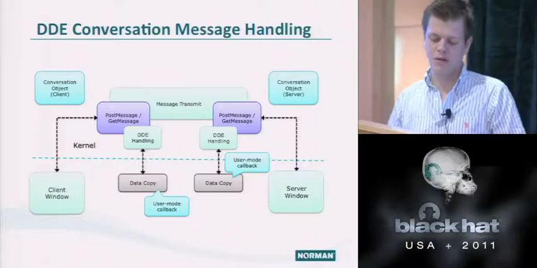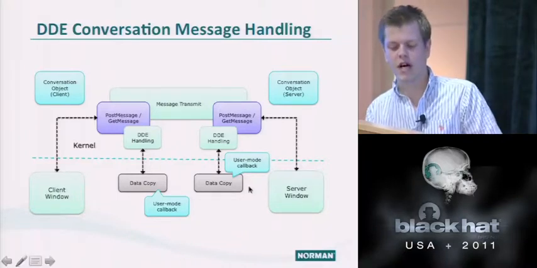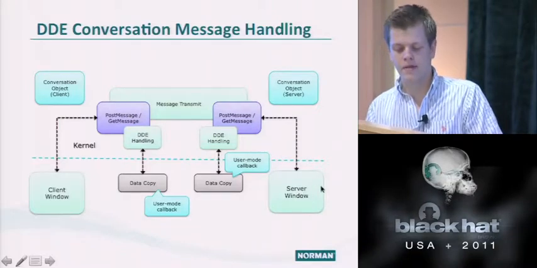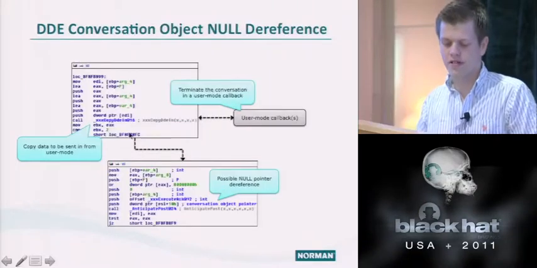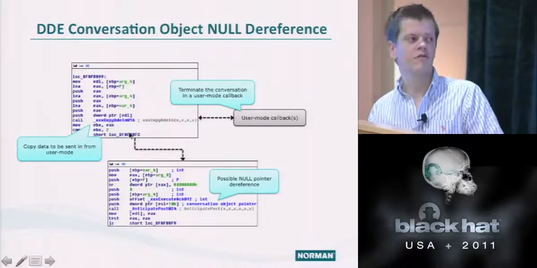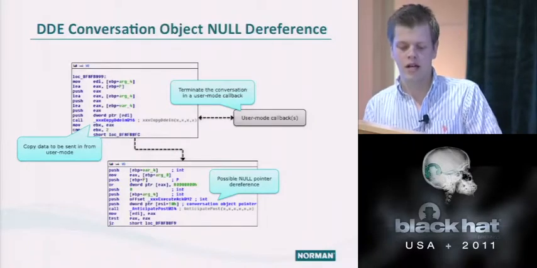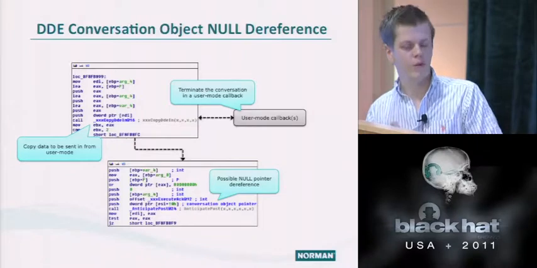So it will either copy data in or copy data out from user mode when ending up at the server. These copy data in or copy data out operations result in a callback, and within that callback